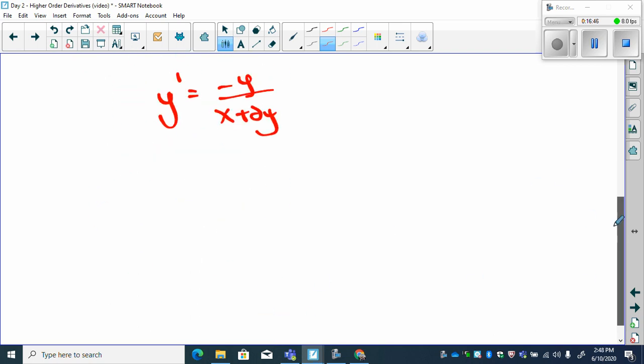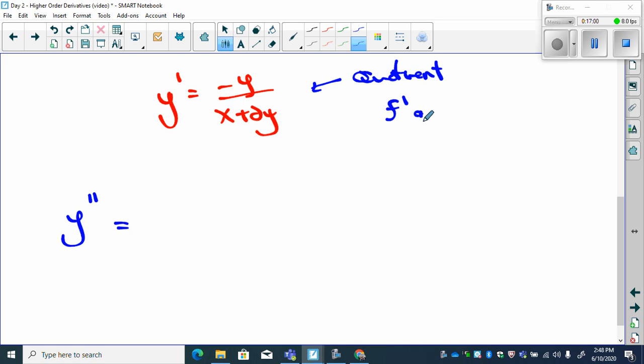Now, to do the second derivative, well, the derivative of y prime would be y double prime. And then to do this, I got to use a quotient rule. Okay, remember the quotient rule. F prime g minus f g prime all over g squared. Okay, so it's the derivative of the top. Well, the derivative of negative y would be negative 1 y prime